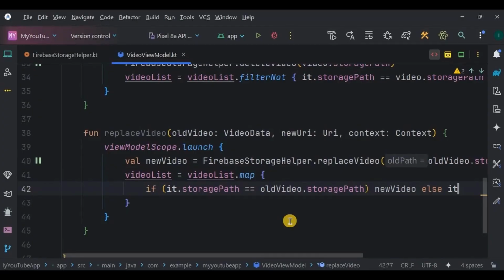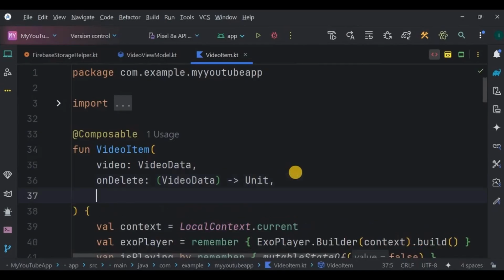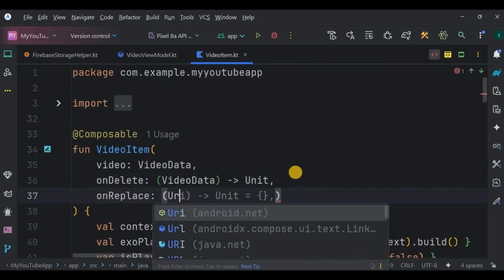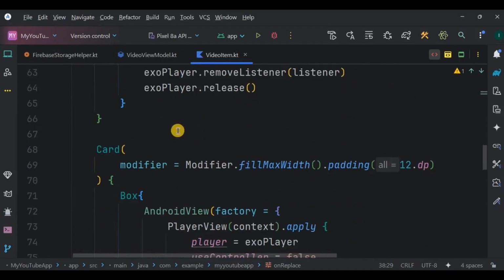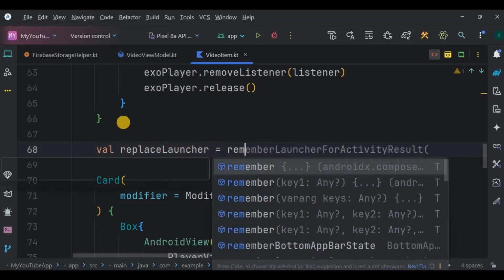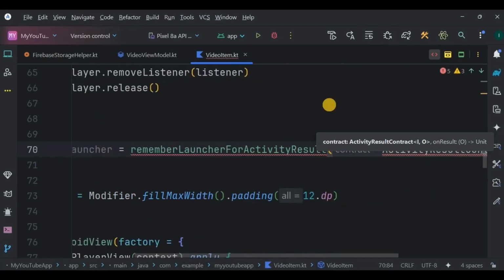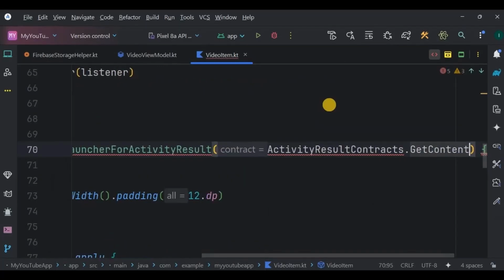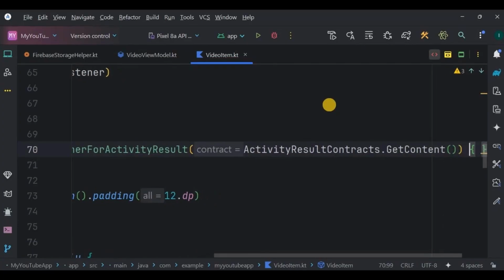Next, let's add the update button to the video item. So go to VideoItem. Here, create an onReplace parameter of type (Uri) -> Unit, which is passed from the parent composable. It handles the replacement logic when a new video URI is selected. Next, we will create a content picker to select a video when the user replaces or updates the current video. So create a replaceLauncher that uses rememberLauncherForActivityResult, which allows the user to select a video file from the device. The contract used is